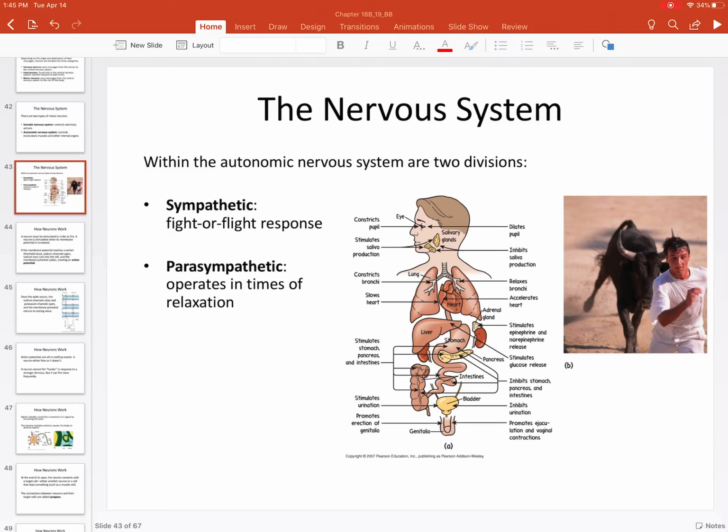Okay, so we see here the guy running away. That's flight. He's not fighting the bull. Some of the responses, on the right-hand side: your pupils are going to dilate, get really big. You're going to stop producing saliva. Your bronchi are going to relax. Your heart rate is going to accelerate. You're going to have an epinephrine response stimulated, which is basically run. Your glucose is going to be stimulated to be released, so you're going to get a lot of fuel in your body. Your stomach, pancreas, intestines are going to